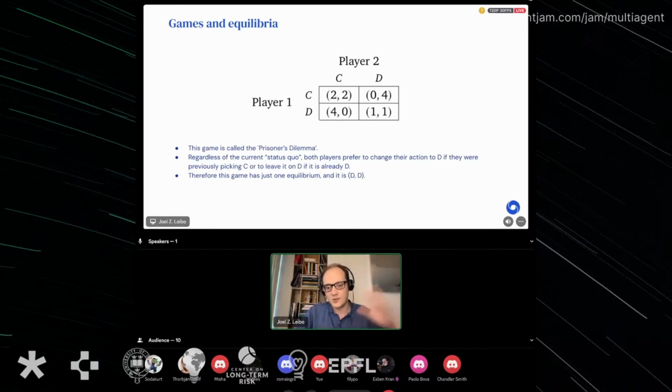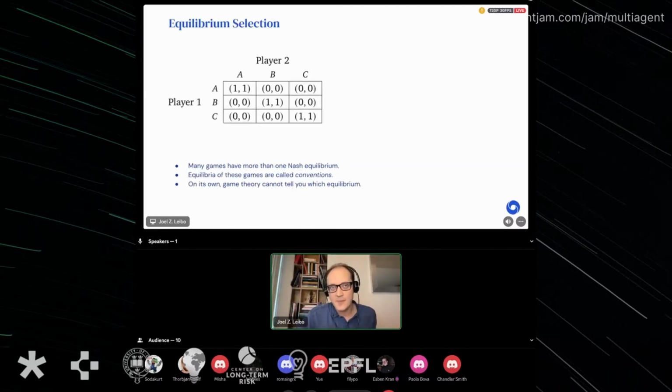If you're modeling something in the real world with a game, then the equilibria become the predictions for what would actually happen if people were playing this game in real life, or if people were doing something in some real social situation that was well modeled by this game. Then that would be the prediction. The prediction would be the equilibrium. Okay, so most games are not like that one, because that one had a unique prediction, a unique equilibrium. Many games are more like this one on the slide now.